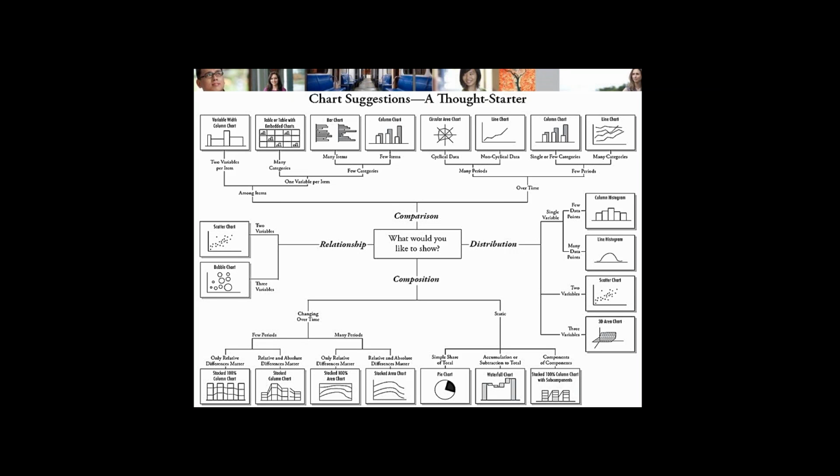Similarly, there are many other factors. If you are using one variable and you want to show the distribution of a single variable, then it is supposed to be a histogram kind of thing. If you have two variables and you want to show the relation, like the way we did it for the forecasting, the toy store forecasting, they had two variables: number of machine hours and number of products they could make. They wanted to find out the relation between those two variables, and a scatter chart was the best way to do that.